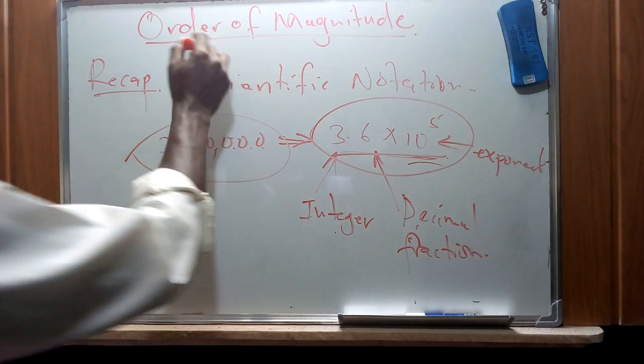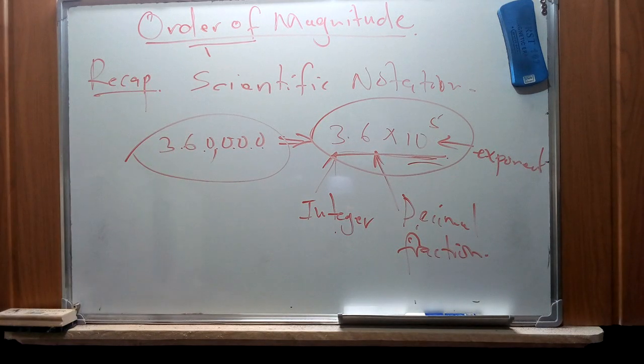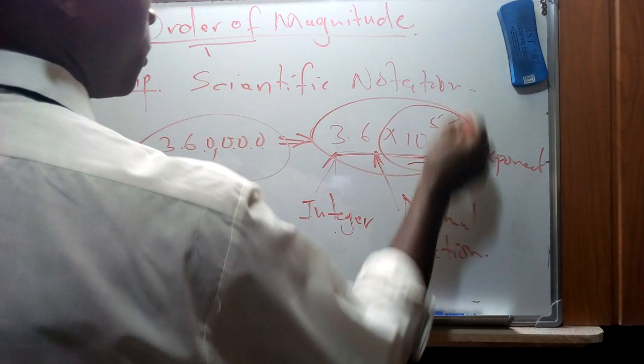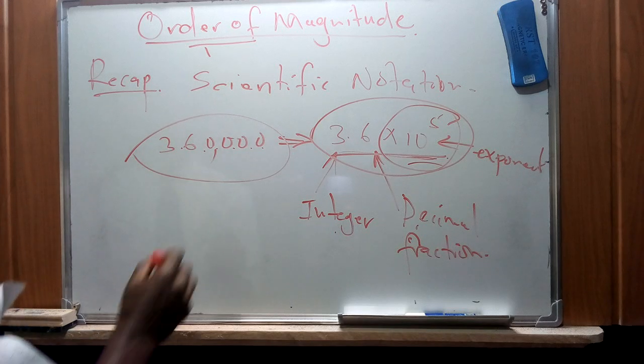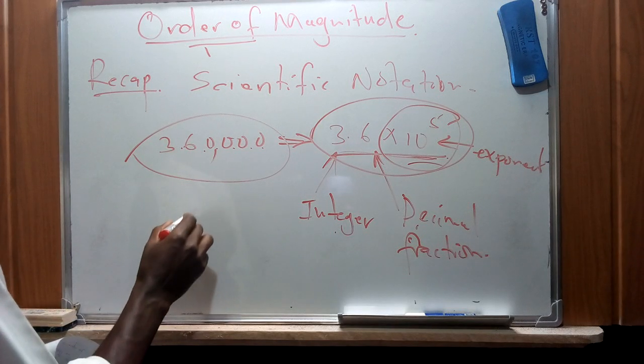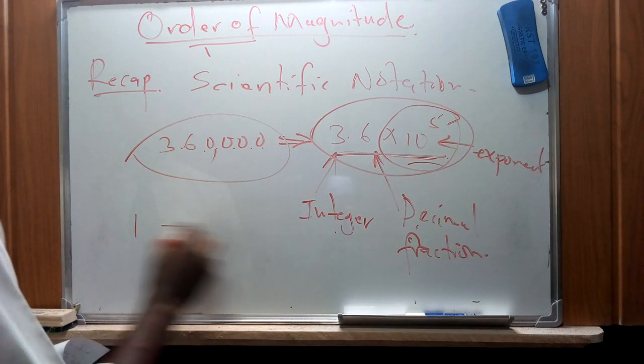So the order of magnitude comes in to assist us, as I have said, answer the question, what is the closest power of 10 to a given number? The order of magnitude stresses this second exponent part of a number that has been expressed in scientific notation. And we're going to see that at specific values, maybe from 1 to 10,